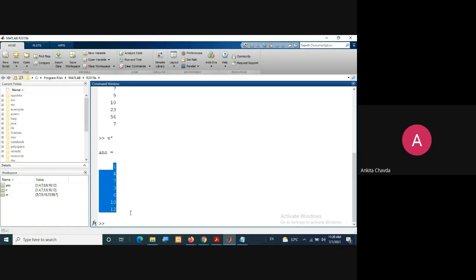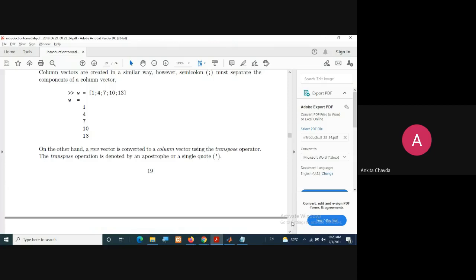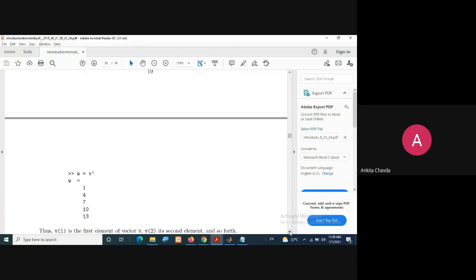But see, you are not assigning this to any variable, so it will be stored into ans, right? Your original value of V is still as it is. Your V is a row vector only. If you write V dash, it will show you this column vector, but in ans, not in your V. So your V is still the original one. Okay, so that is for transposing.